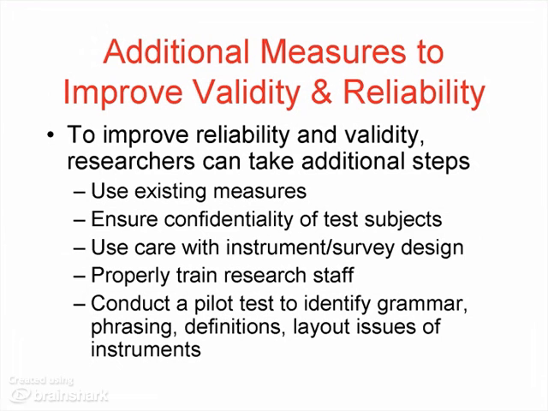There are several steps that we can take to improve the validity and reliability of measurement in our work. We can use existing measures that have published data on reliability and validity statistics. We can ensure that people who participate in studies know that the information is confidential so that they will give truthful answers. We need to be really careful with how we select our instruments